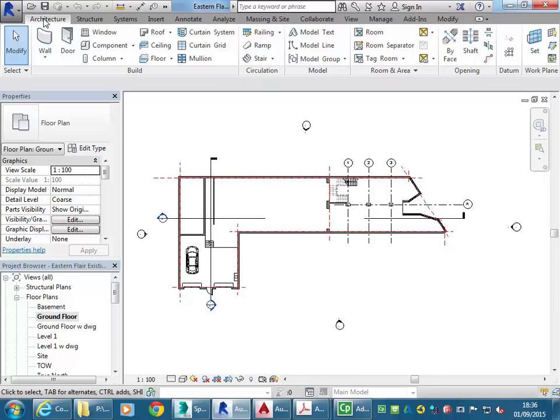You'll see on the Architecture tab, in the Room and Area panel, you'll find the Area button, which, when you first select it, should have Area greyed out, and will only give you the option to create Area Plan. And so that's what you need to do first. So when you click on Area Plan,